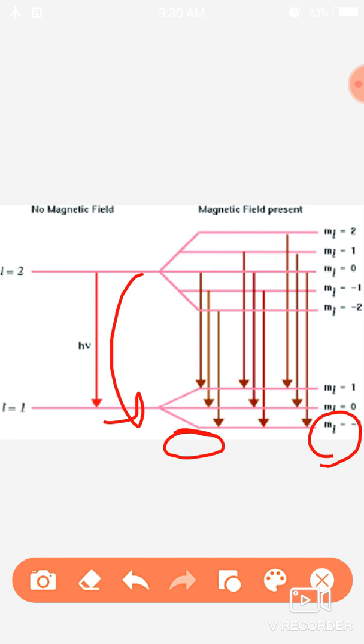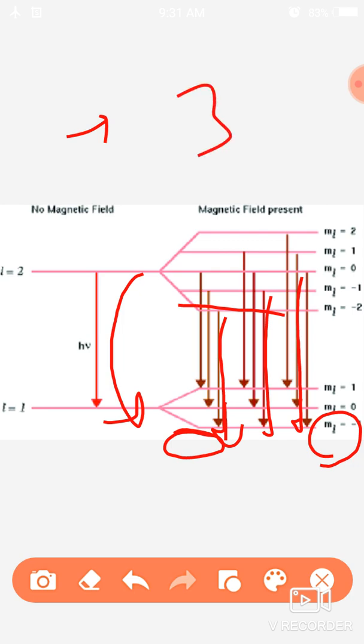So we can see that this is the energy level J equal to minus 2. There is a transition between electrons, and for J equal to 0, it comes to the same level. On the other hand, for J minus 1 and J plus 1, there are also 3 transitions. We can say that each line can most probably have 3 transitions. As a result of this, we can say that